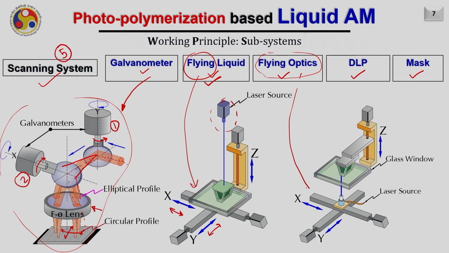As you can see in this diagram, this is the laser which is coming from the bottom side, and there is a transparent window and some liquid is available here. This is nothing but the liquid photopolymer. When the laser falls onto it, the portion may get cured. Now this optics of the laser is mounted on the XY table, and hence the optics itself can move in X or Y direction. Therefore, it is called flying optics, because now we have given some XY motion to the optics.